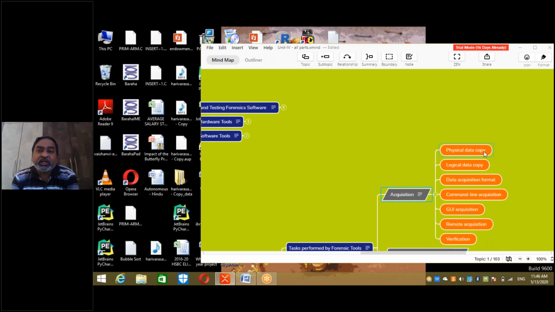Now, GUI applications versus command line applications, which is better? Each has its own advantages and disadvantages. The advantage of a GUI application is that it can do the job easily for you. Your task is reduced. Since a GUI is easy to use, it can extract and dump a lot of data.